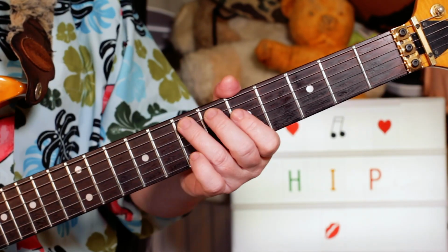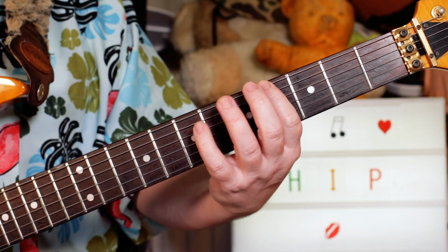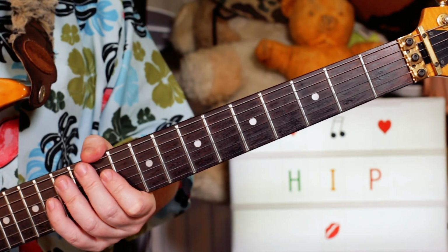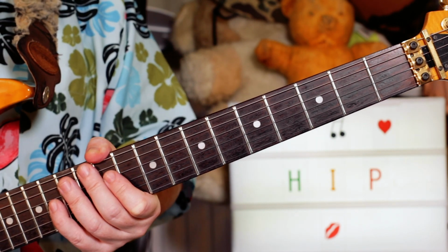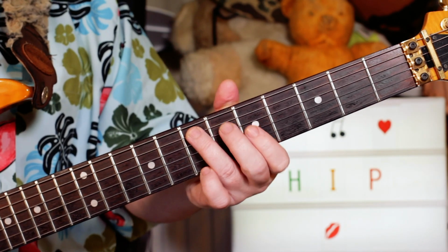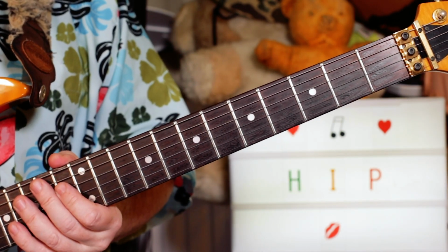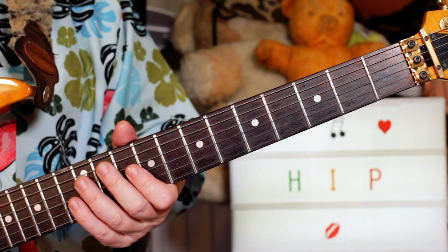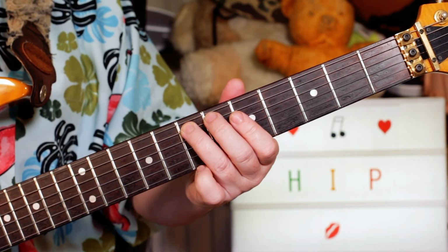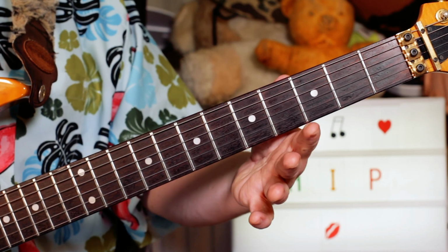Okay, so I'll start with a riff. I had more crunch on the amp on the recording, but I've just made it clean so it's very clear what I'm playing. I'm starting with an E on 7 on the A string, and then 2 E's an octave lower on the open E string. Then I've got G sharp,